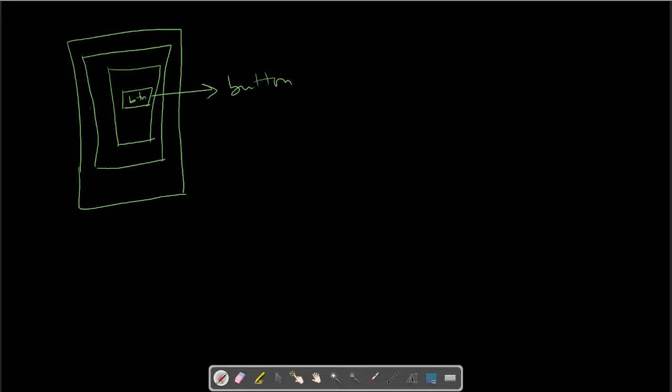So what happens when you click this button? When you click this button, the event listener on this button will execute. Then it will bubble up to its child, and then it will bubble up to its parent, and so on and so on. It will go up to the document and even the HTML object or the root element. So this process of the event going from bottom to top is known as bubbling.